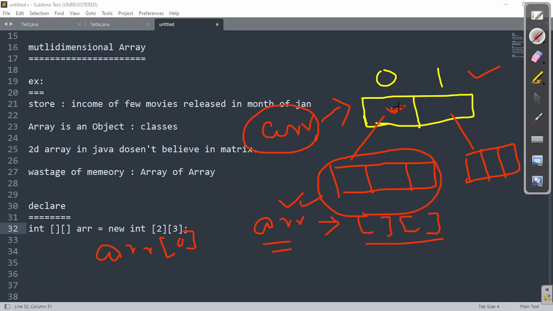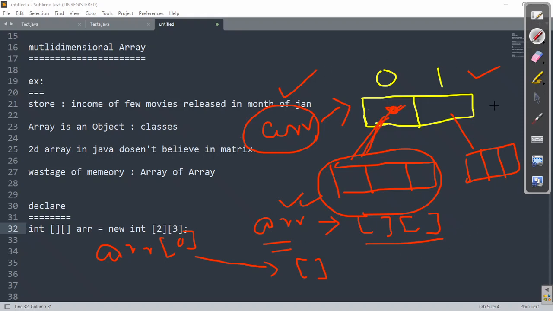This particular cell. Since this is a cell which is used as the reference to these three, this particular array, we can say ARR of 0 is a single dimension array. Got my point? ARR is a double dimension array. ARR of 0 is a single dimension array.